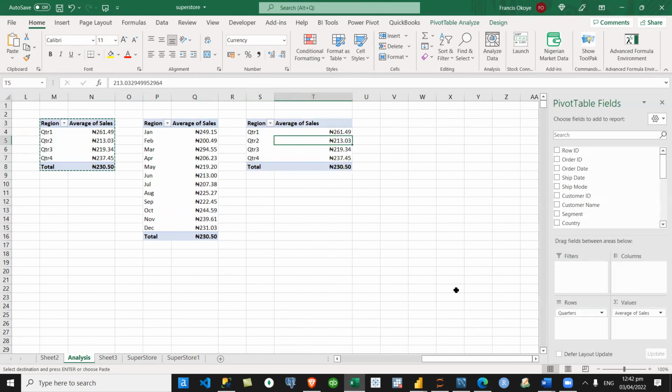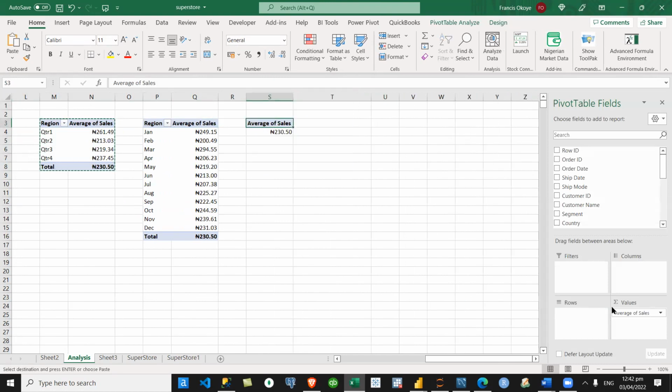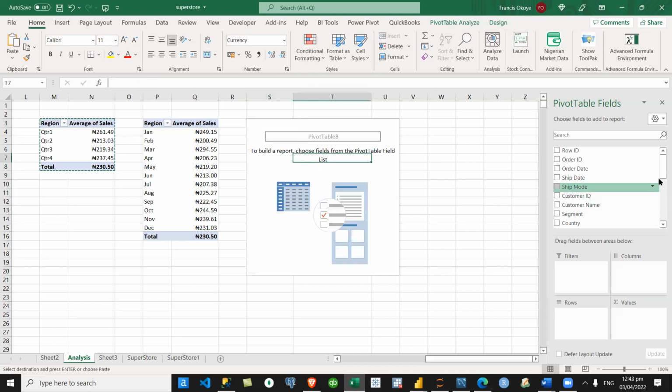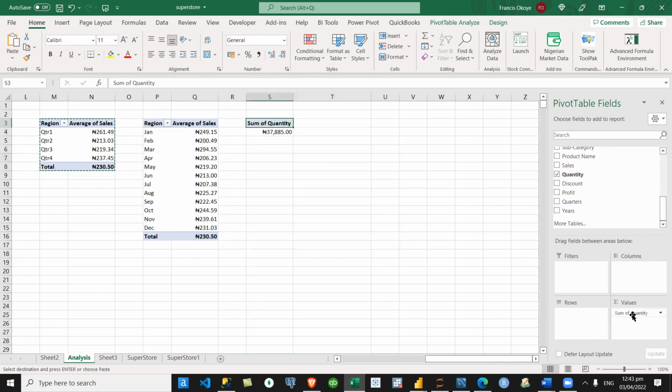Now remember what we have been doing. We are looking at qualitative by quantitative, isn't it? Now look at this. Can you see your quantity? Normally we would have added quantity here to give us a sum. Now I can also take the same quantity and put it on the rows.